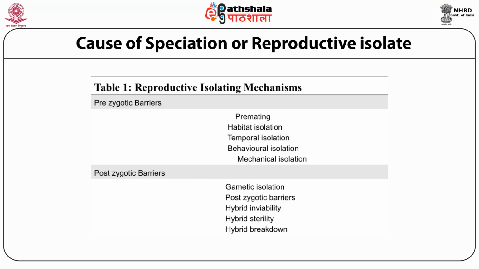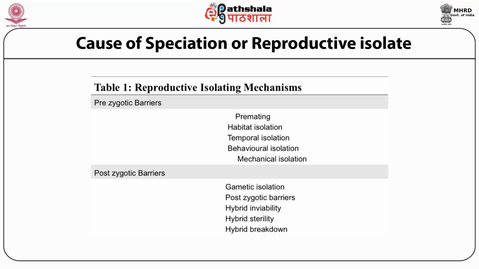Postzygotic barriers include gametic isolation, hybrid inviability, hybrid sterility, and hybrid breakdown. Prezygotic isolating mechanisms prevent members of different groups from producing hybrid offspring. Postzygotic isolating mechanisms, on the other hand, prevent any hybrid offspring that are produced from passing on their genes to